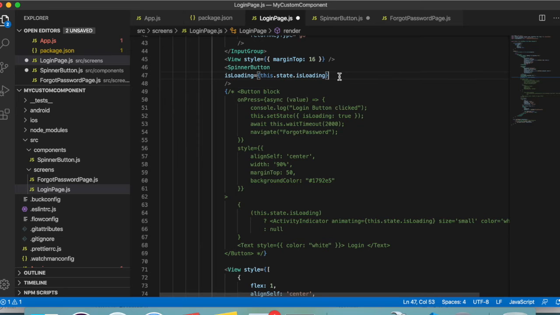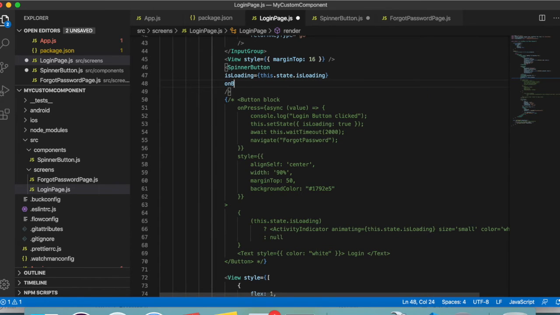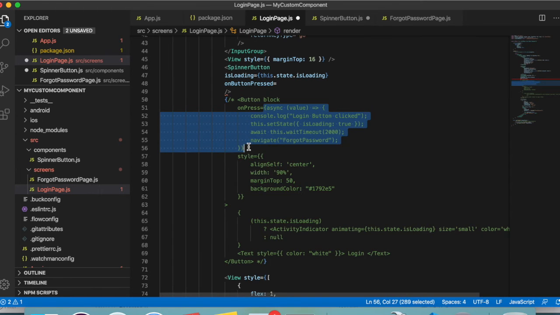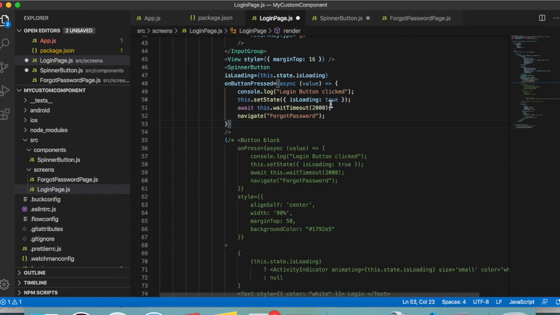And along with that, we have another method, onButtonPressed, which is a custom method that we have created for our class. What this function is going to do is whatever we were doing in our onPress method, so we can directly copy paste it over here. Depending upon each component which is going to call that button, the functionality will differ.